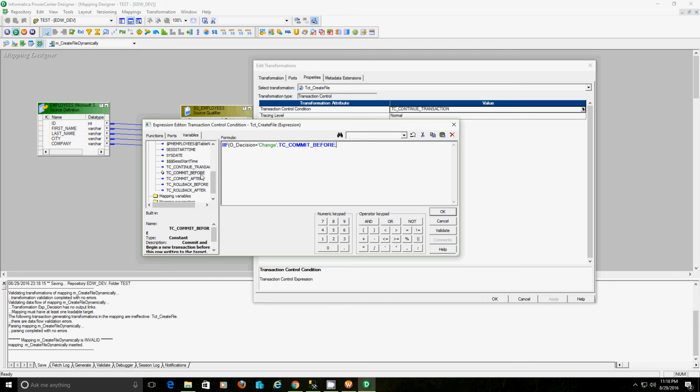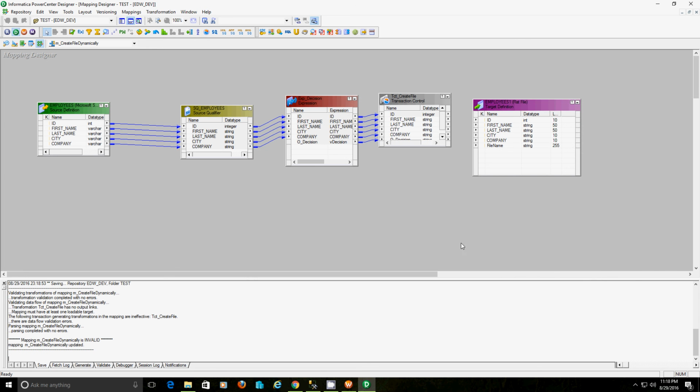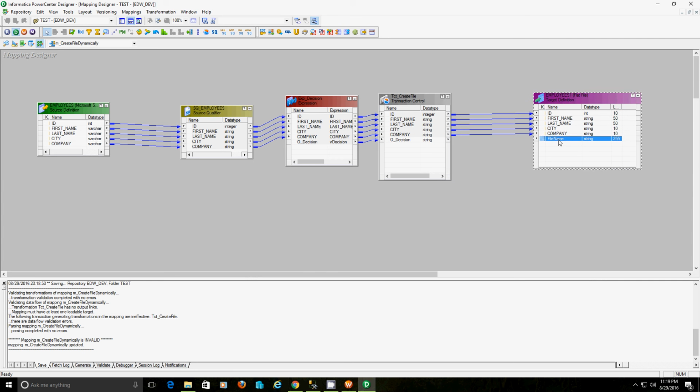Or else we'll continue the existing transaction. Since we have to create files based on the company name, we'll connect the company port to the file name port. So our mapping is now in a valid state.